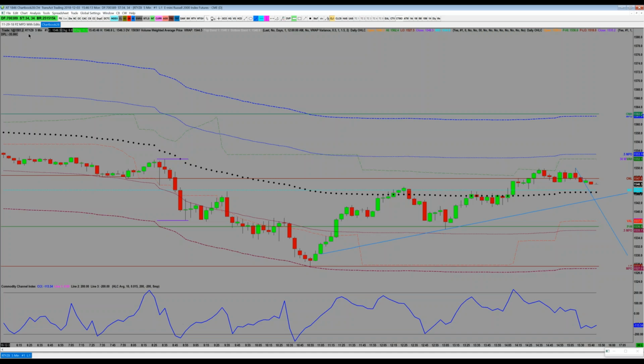Let's go through this idea briefly, and then we'll work backwards through some of the mechanics. So let's look at this Russell here. Here's an example of how you might look at this sort of strategy. This line down here, as we talked about, is the maximum permissible deviation. Again, that is the VWAP minus half of the range of the day. What I also did was divide that half of the range by 2 and create essentially the VWAP minus a quarter of the range, and that is what I call the 0.5 MPD.